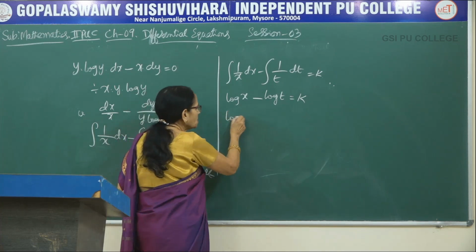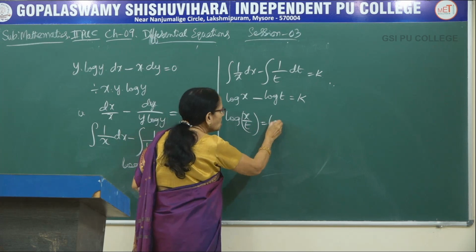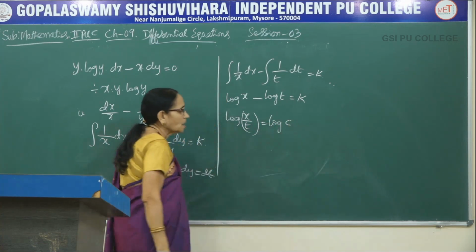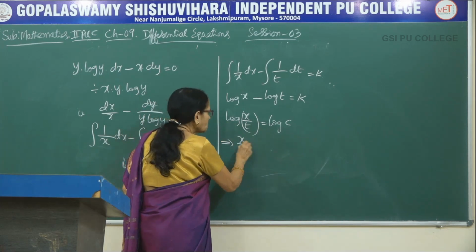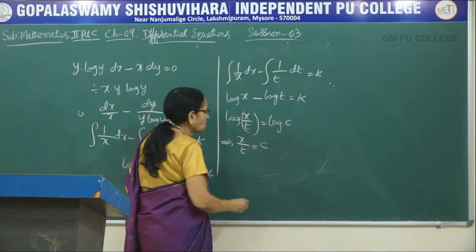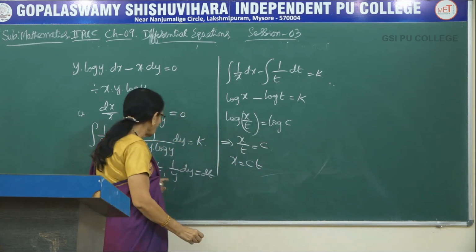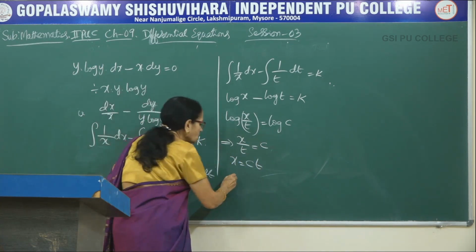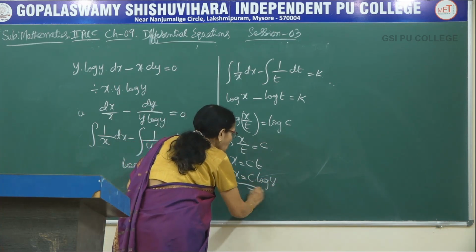How do you write this one? It is log of x by t, that is equal to, now you can write that also as a logarithmic function. So that implies that x by t is equal to c. That is x is equal to c into t. Now what is t? You write t is log y, that is x is equal to c into log y